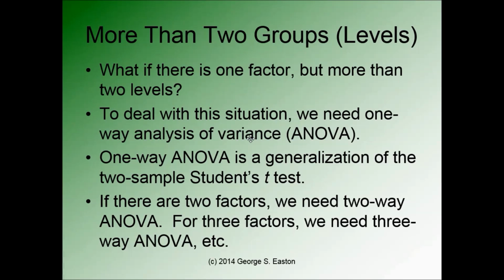So in that previous video, we looked at a situation where we had one factor and two levels. But what if we have one factor and more than two levels? In order to deal with more than two levels, we need one-way analysis of variance. One-way analysis of variance is a generalization of the two-sample t-test that allows you to deal with more than two